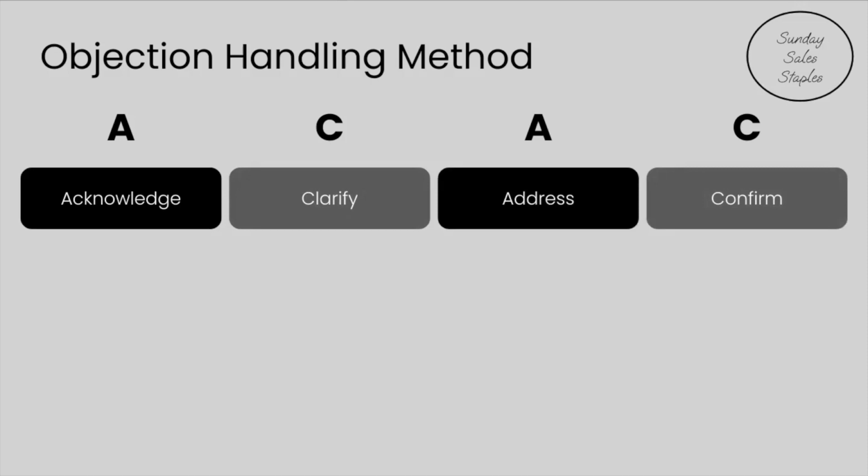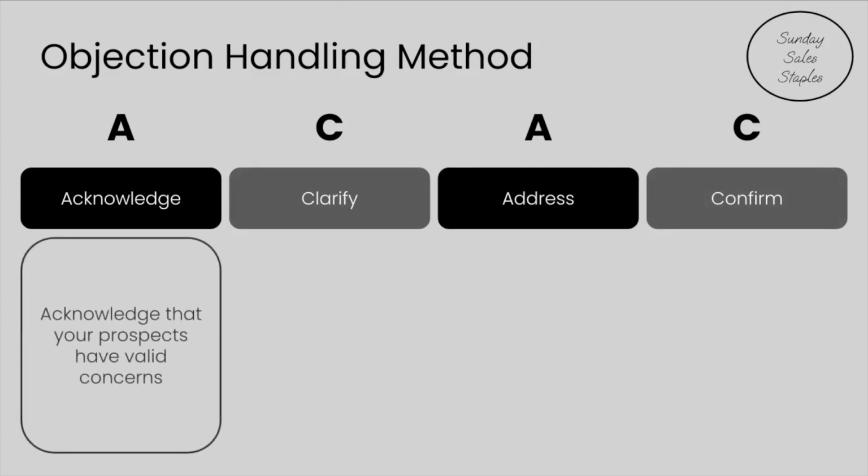Step one when handling an objection is to actively listen, show empathy, and acknowledge that your prospects have valid concerns. When you show that you are listening to their objections, the prospect won't be as defensive when it comes time for you to address the objections. You also need to avoid getting defensive and resist the temptation to jump in and respond immediately. When you're too quick to respond to their objection, the prospect may not feel as heard as they would like to be.